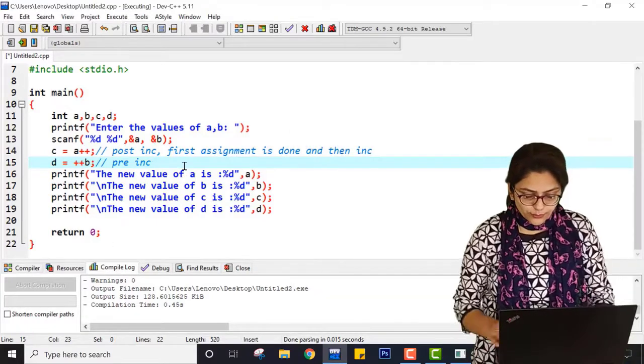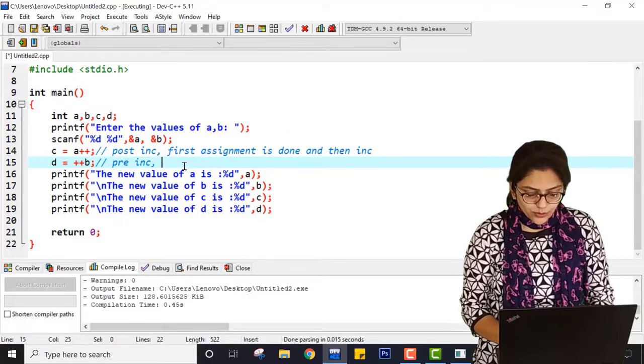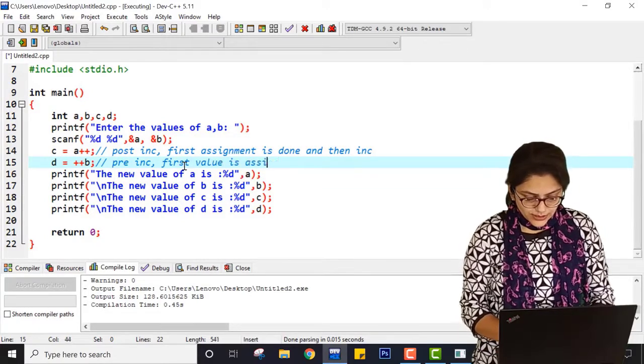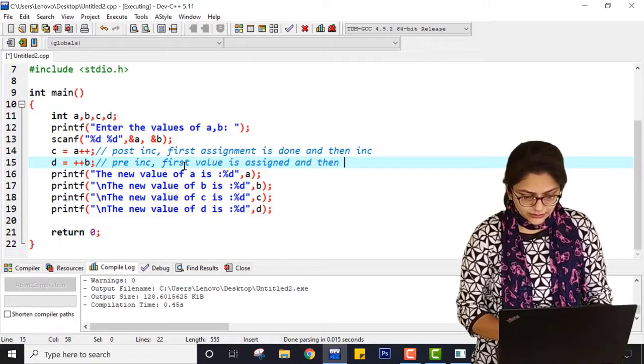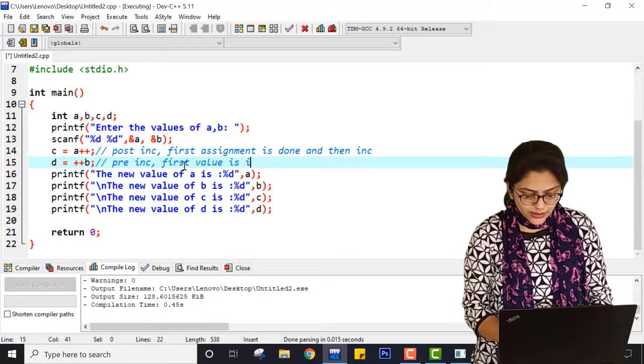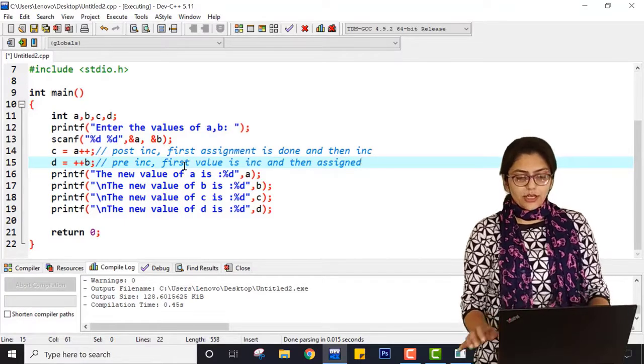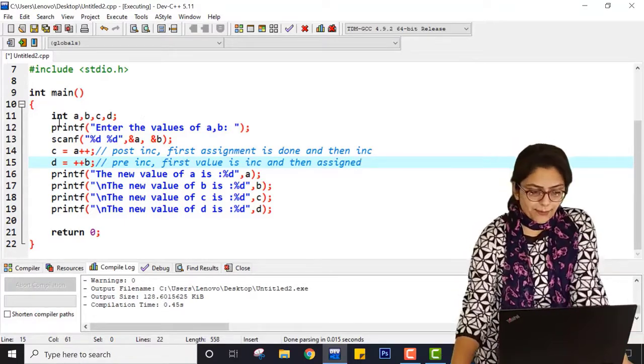So in post increment, first the value is assigned and then incremented, and in pre-increment, first the value is incremented and then assigned, right? So you have to remember this concept.